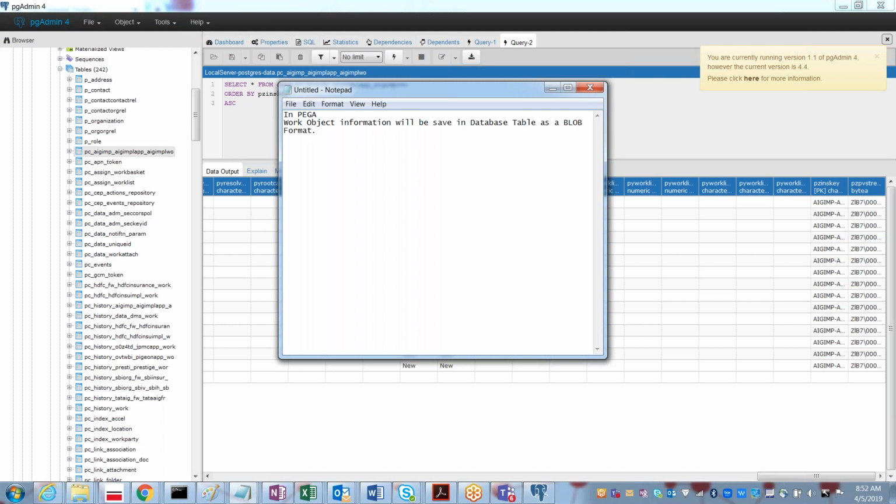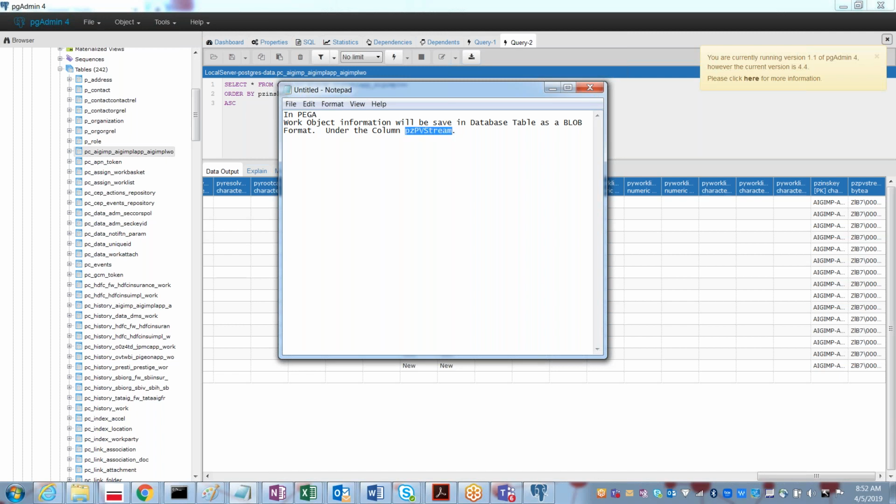So in which database column will these binary values be saved? Under the column pzPVStream. When you save the work object, it will be saved as binary format in pzPVStream.